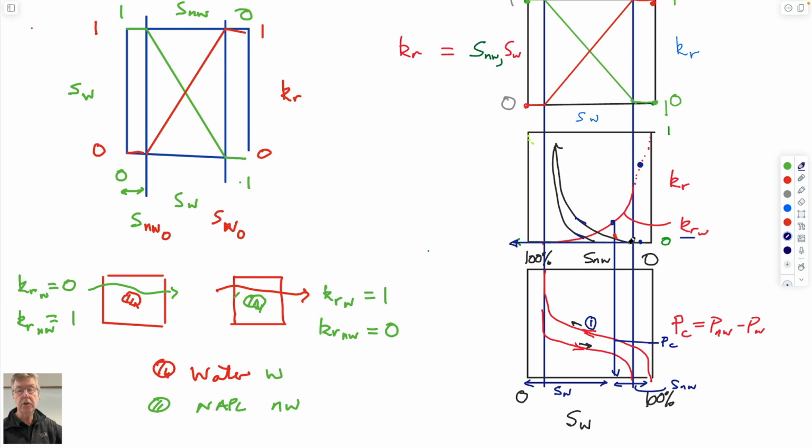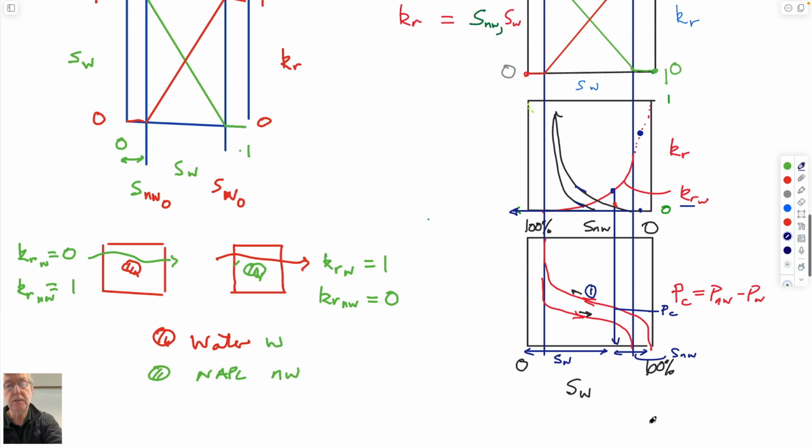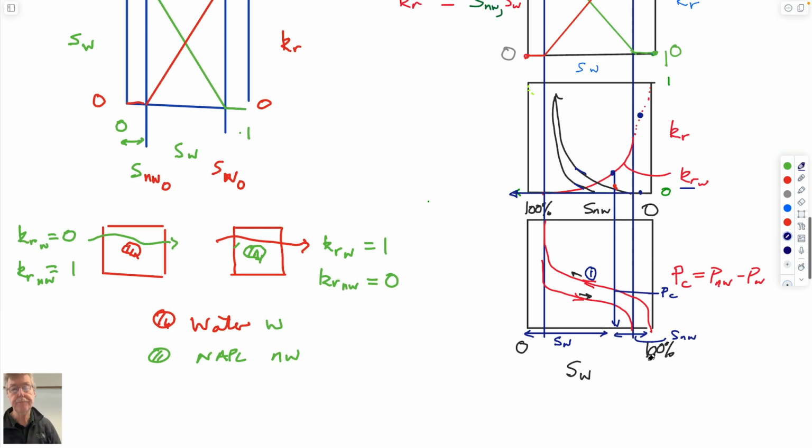If we do that, we get curves that look like this for the non-wetting fluid, which is hysteretic, and for the wetting fluid, which is also hysteretic. And one way to look at these curves is to place them directly on top of the capillary pressure versus saturation curves, which is what is kind of shown here. And so the features of it